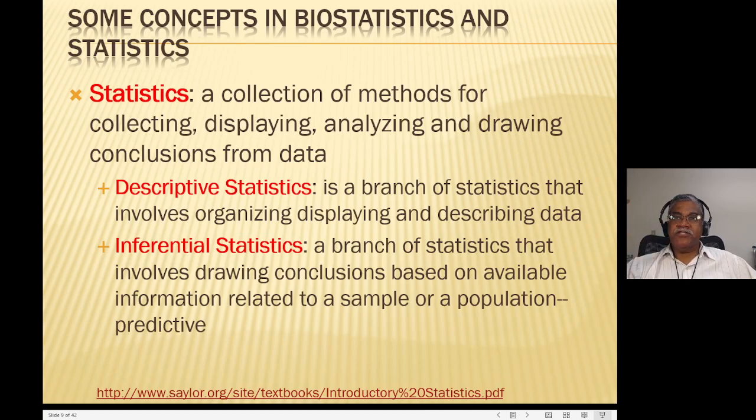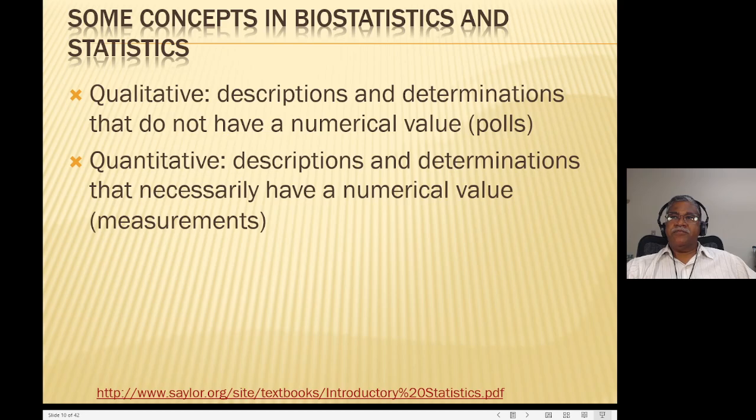Okay, and so for example, what is descriptive statistics? You could read 10 pages on trends of a certain thing, for example, the sale of a particular product, or you can look at a graph and in 5 seconds tell you exactly what the trends are, right? Same thing with the bar graphs. So that's descriptive statistics, and of course the error bars and things like that. Inferential statistics is associated with drawing conclusions on the available information of a sample and then extending it to a population.